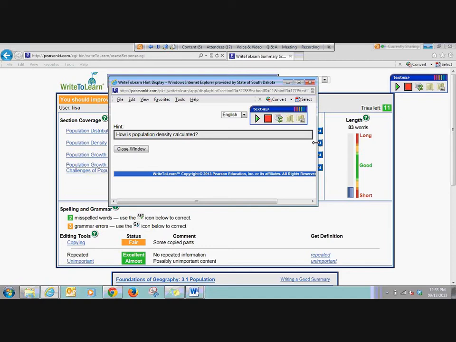So these are some of the kinds of features we've added into the product over the years that are really based on teacher input. How can we scaffold this summary writing process in a way that helps the students understand what important ideas they want to include, and importantly, how can we then direct them to where they need to be and get them to go back